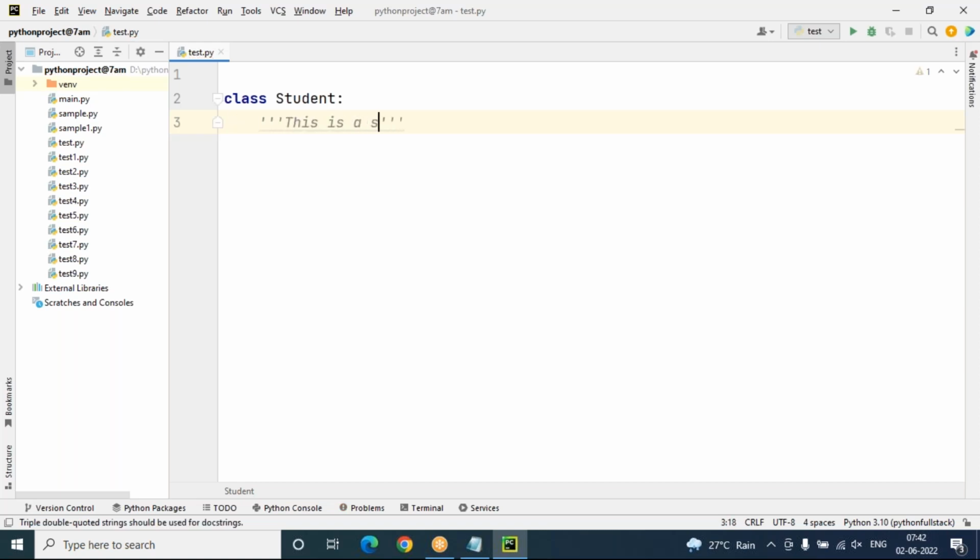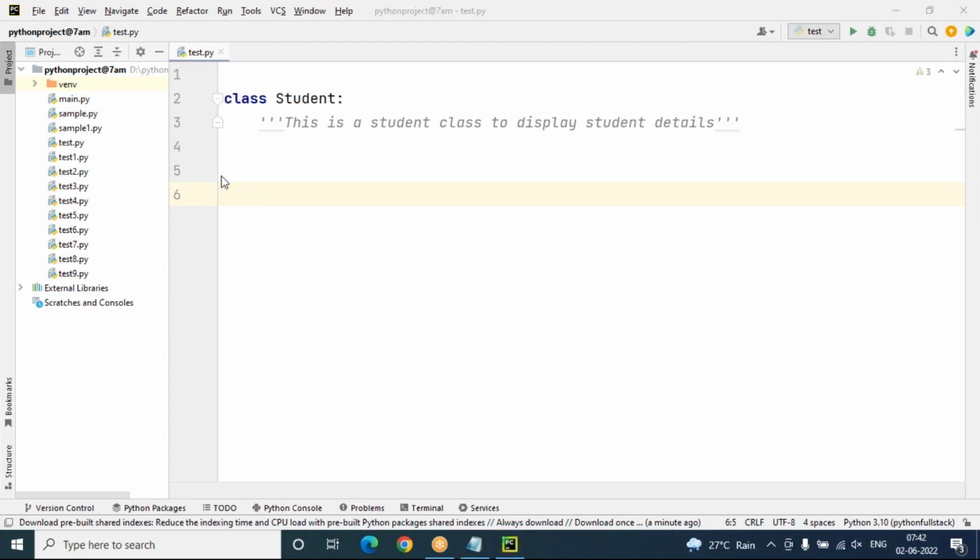This is a student class to display student details. Student details like this. Sir, I want to get the description about the class. How can I get that? Simple. So we have a class now, the student class. But to get the description or implementation, what is there in this class, to get the complete description, there are two options. Option number one, directly you can use help of Student class. Help is a built-in function to get help of any Python object. So help of Student means we are getting this student class